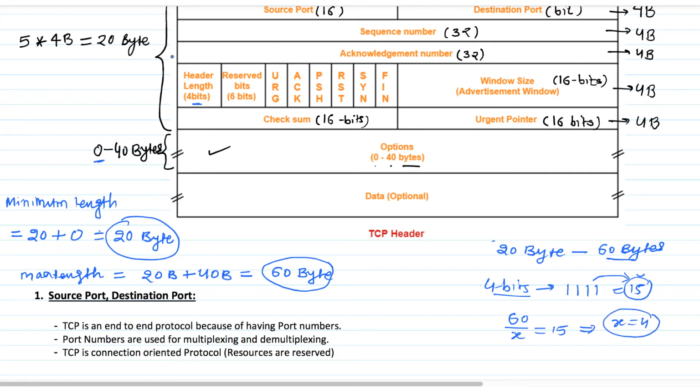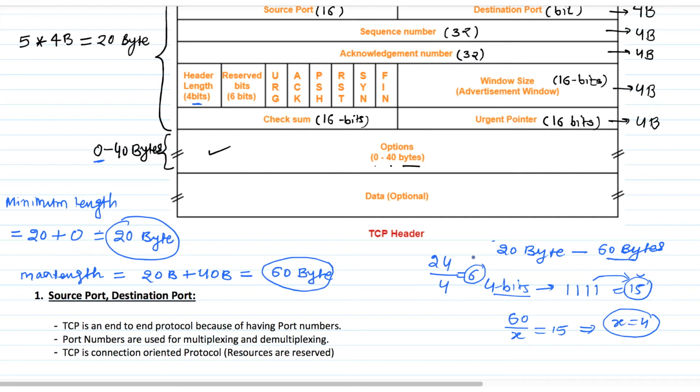So the header length field will store the number obtained after dividing the actual length of the header by 4. Suppose the header length is 24 bytes, then we divide it by 4, which is equal to 6.